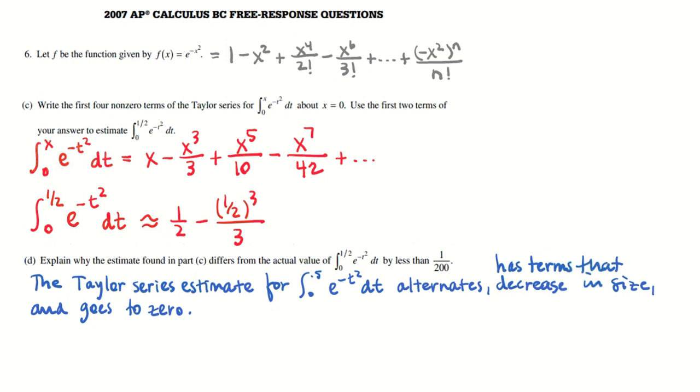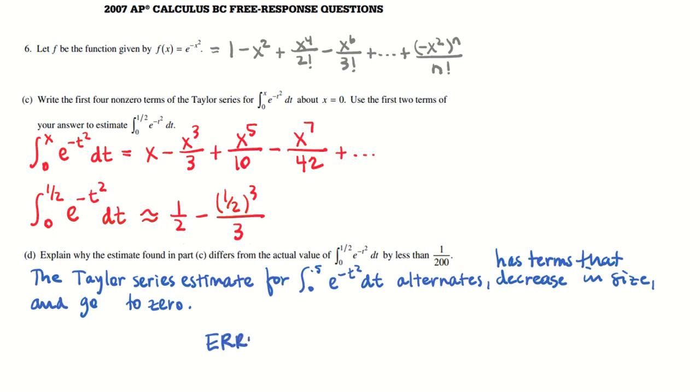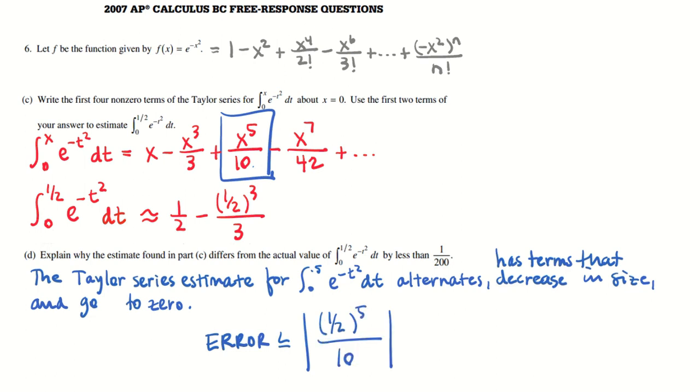That decrease in size and go to 0. Okay. That means I can use the alternating series error bound. So I know that means the error in that approximation is going to be no more than the absolute value of the next term. Well, that next term would be that x to the 5 divided by 10, right? So it's going to be the absolute value of 1/2 to the 5th divided by 10. And I know that 2 to the 5 is 32. So I'm going to say that's 1 over 32 times 10, which is 320,